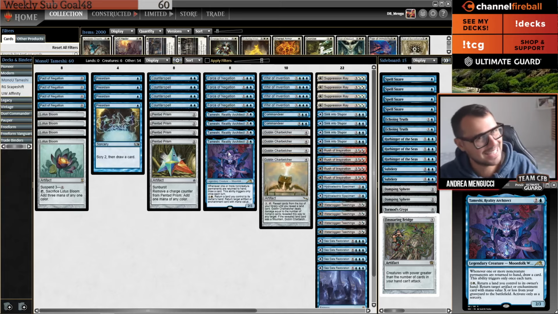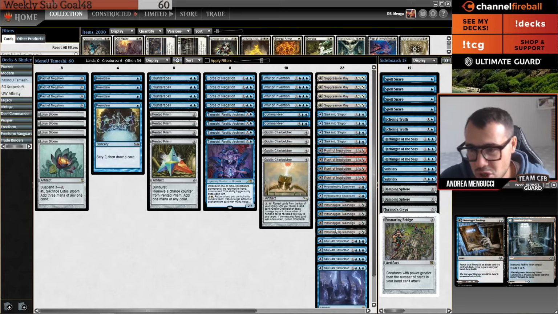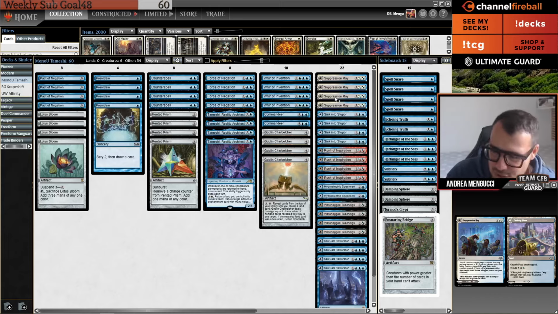You have 0 lands in the deck, so even your land can be something like Sigil Restoration, which is very powerful if you are going off with mana. You have Waterlogged Teachings, which can get Sigil Restoration. You have a Rush of Inspiration, which draws 2 cards, and, well, that's it. Suppression Ray is not very good to cast. So, overall, Tamashi